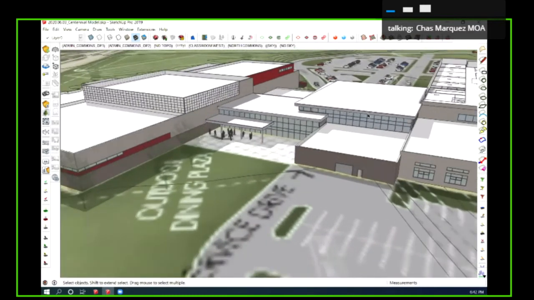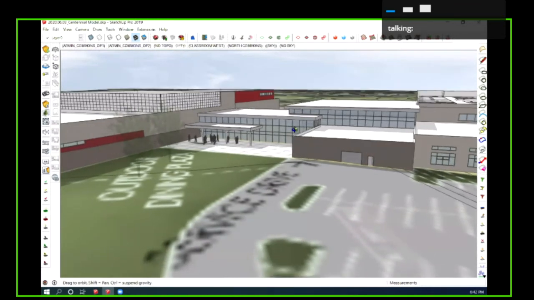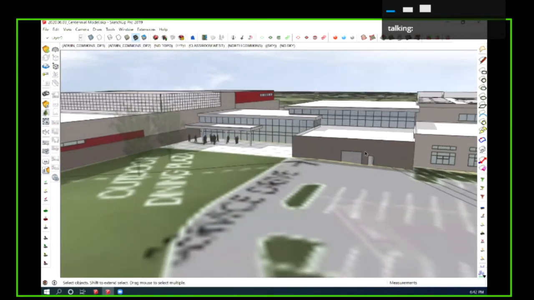And Amy, I didn't know if you had anything to add on how these media spaces relate to that outdoor area and the activity that happens within this volume. Yeah, so the idea is that the media center, we're actually calling information commons because at the two different high schools, the media center is used a bit differently.